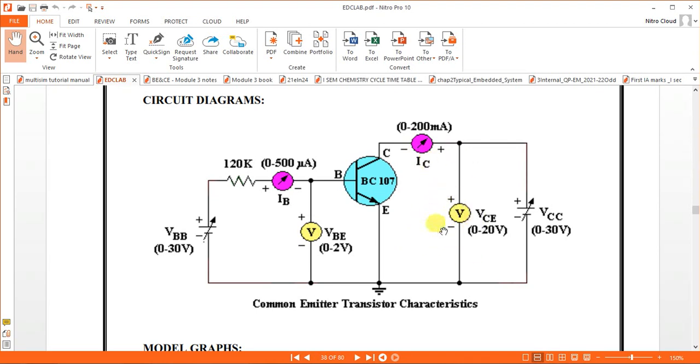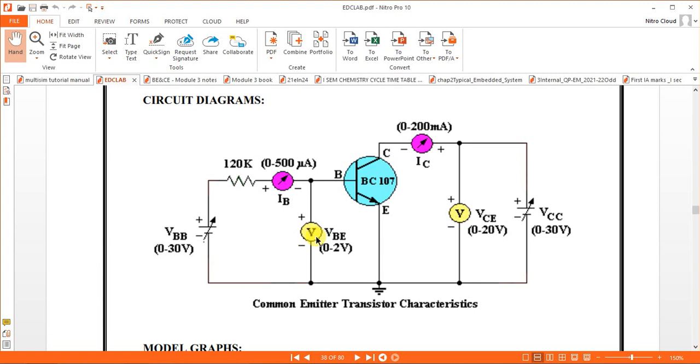In order to measure the output voltage, we have to use a voltmeter and connect it in parallel. In order to find the current, you have to connect an ammeter in series. That is the case for a discrete component experiment. In the lab, if you want to rig up the circuit, you have to use an ammeter to find the current, and you have to connect a voltmeter to check voltages.